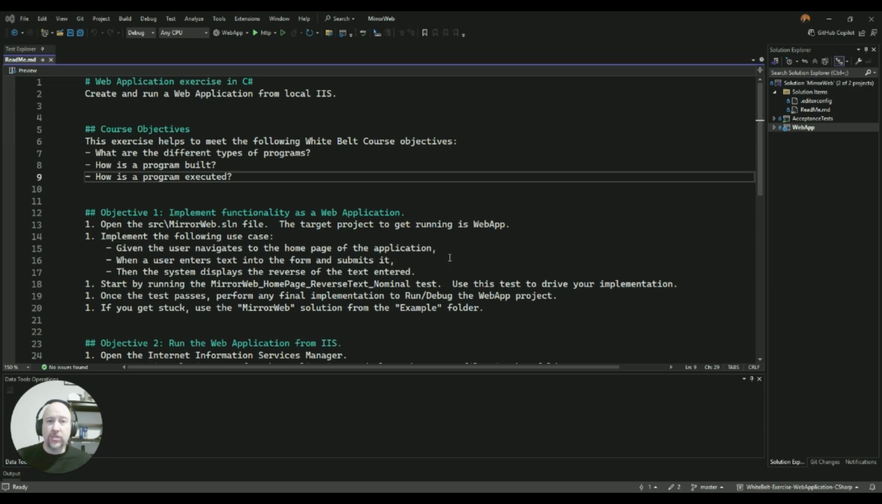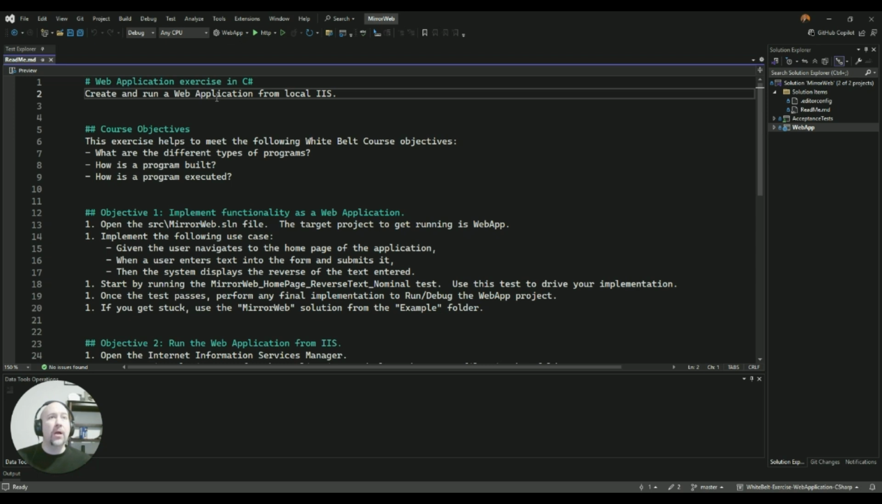This is the web application exercise in C#. I have the solution open in Visual Studio along with the README file. Our goal is to create and run a web application from local IIS. I actually won't run it through IIS. That's the second objective. If you're interested in that, I may make a video in the future about that, but